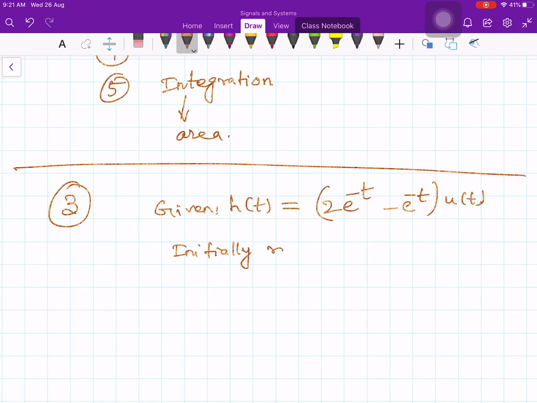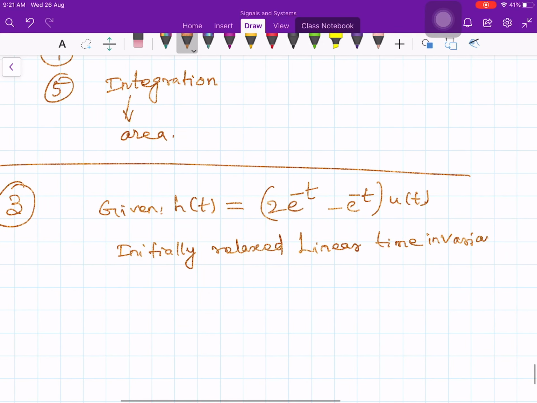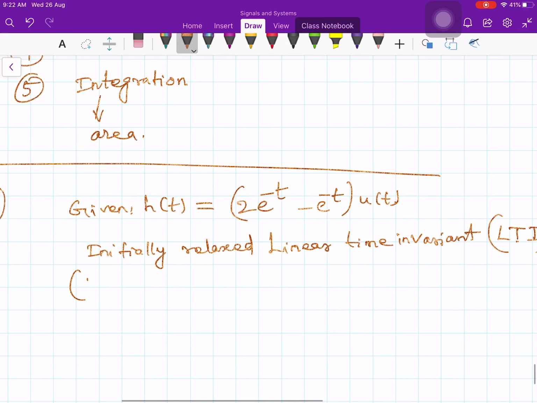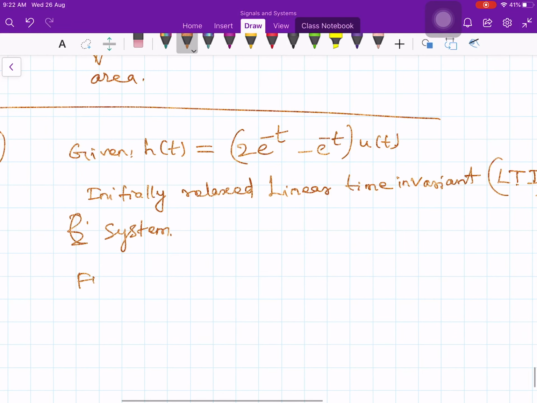Relaxed linear time invariant system. Generally, people will write LTI system. So, in short form, it is a very famous abbreviation, LTI system. Okay. Now, find the response